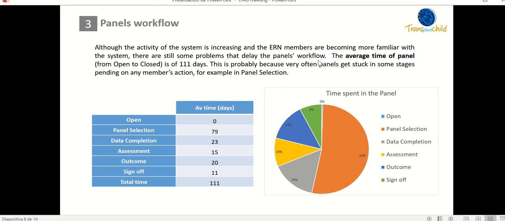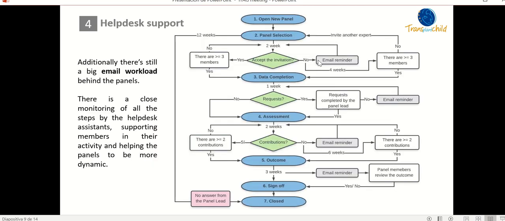From the coordinator team, from the help desk assistants, we have tried to create a kind of algorithm in order to facilitate the workflow of the panels. There is a big email workload behind the panels, and we have tried to make it as dynamic as possible, but there are some members that are not that active, and we have to try to solve the panels as soon as